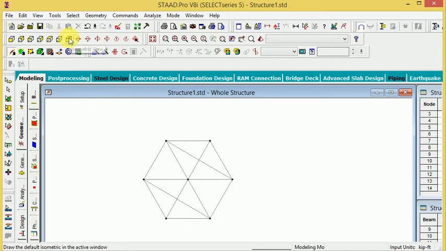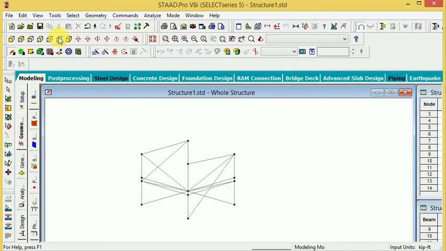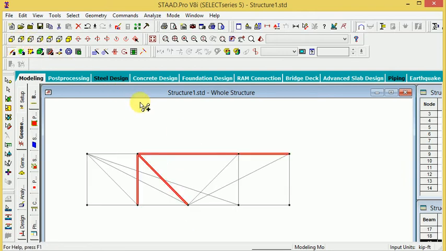And if you want to join another thing, again join this point to this point, this point to this point, and also join this point to this point. If you join here, right. So whatever you want to join, it's an easy way.